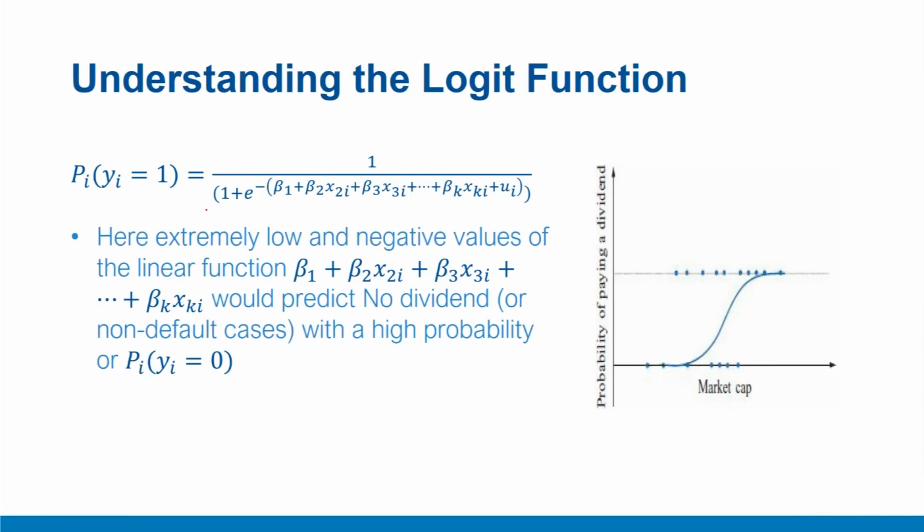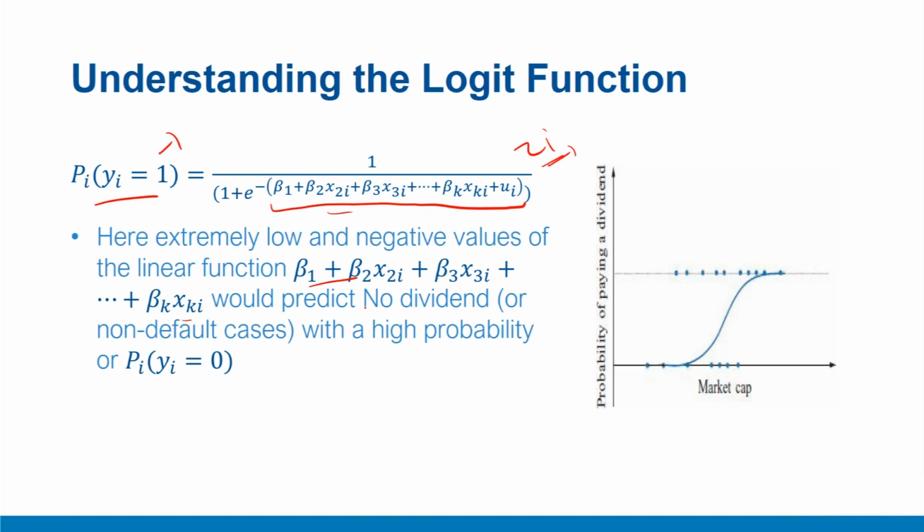Let us re-examine our logistic function, the logit function here, which is simply the probability of yi being 1, the event of interest, as 1 upon 1 plus e to the power minus zi, where this expression represents zi, the linear part of the model. Now recall, if the values of zi are extremely low and negative,